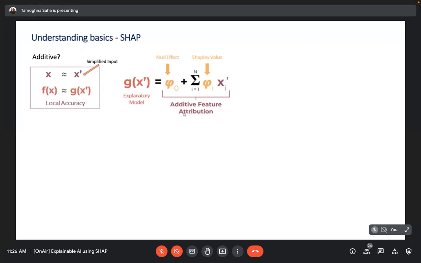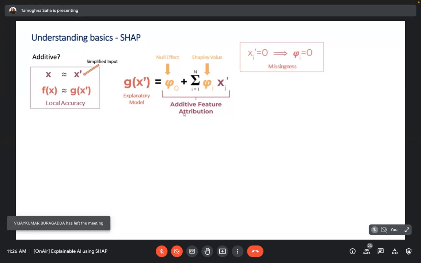It's a little hard to follow in the beginning, but once you read up the actual SHAP documentation, they have explained it extremely well. So I highly recommend you also read up the documentation from SHAP, because they have provided a lot of information about that. So that goes for one feature.